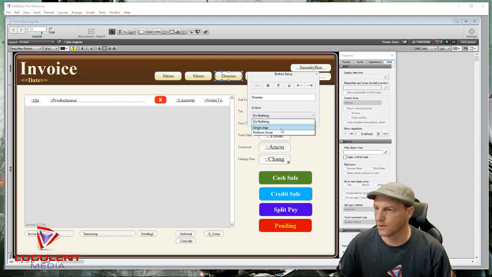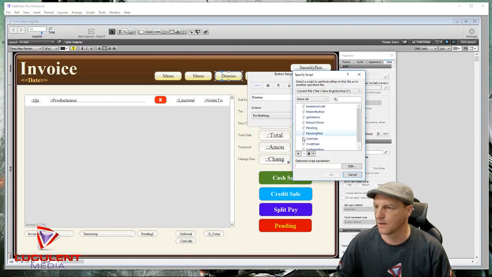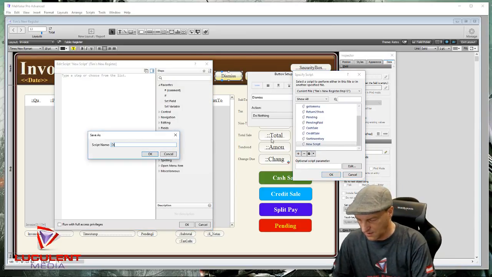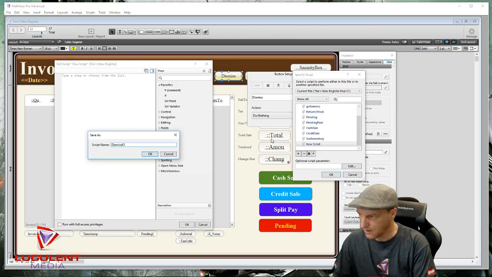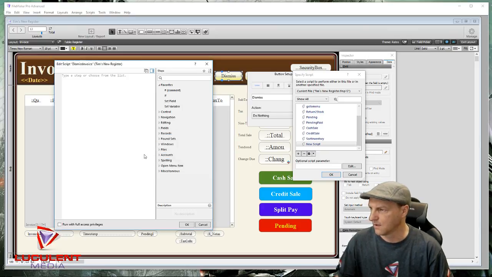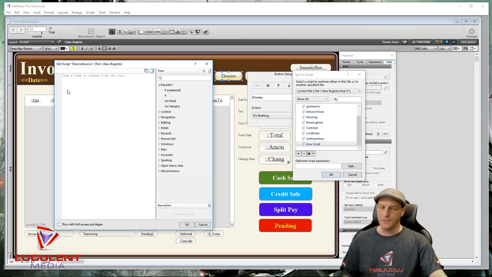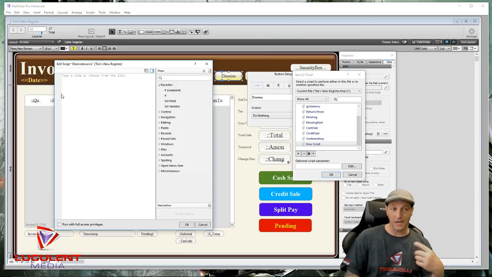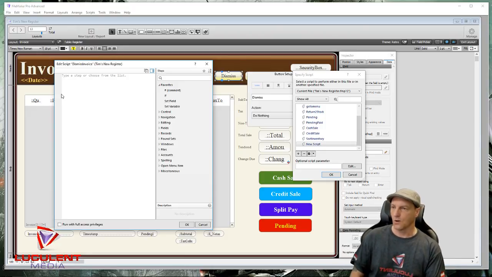And we want it to perform a script. And we're going to create a new one, and we're going to call it dismiss invoice. Okay. So dismissing the invoice is pretty simple, other than the fact that we do need it to actually do a few things. So what we will do is we will tell it to